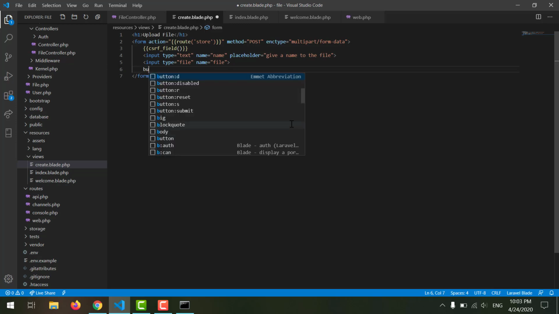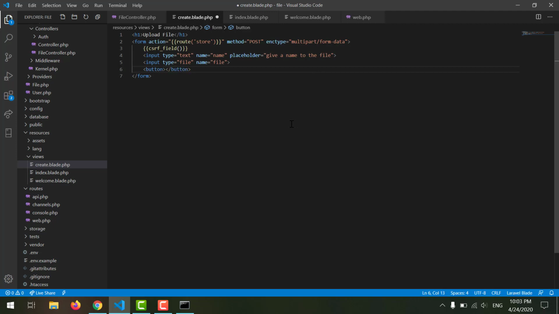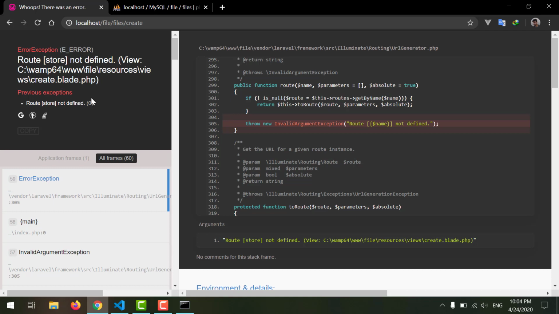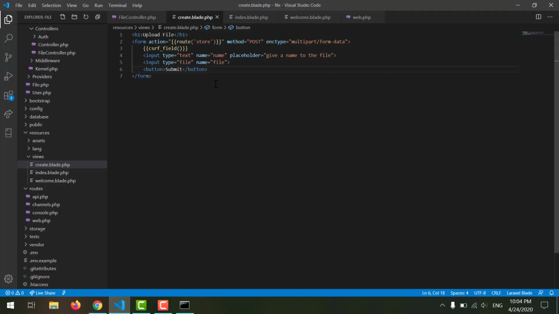And finally, we need our button to submit our form. To submit our form, we can say submit. Save it, and now let's see how it looks like. Okay, we didn't declare our route, our store route. Let's do that also